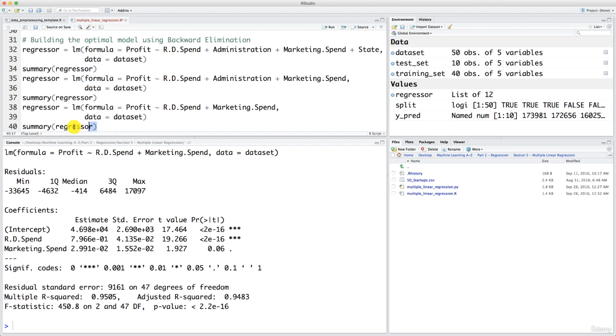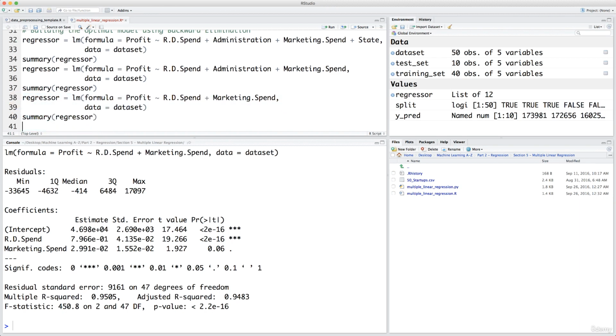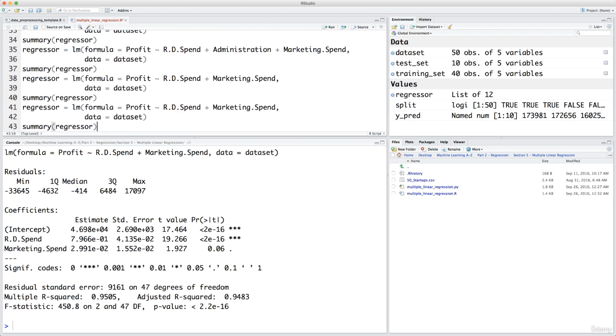That's actually the final solution, but it's really a good choice of yours if you actually decided to keep marketing spend. You will be proud of this choice at the end of this part. So congratulations anyway if you decided to keep marketing spend. And of course, also congratulations to the others who decided to remove marketing spend, because that means you just followed thoroughly the backward elimination algorithm. So congratulations to both of you, and let's finish this backward elimination algorithm,